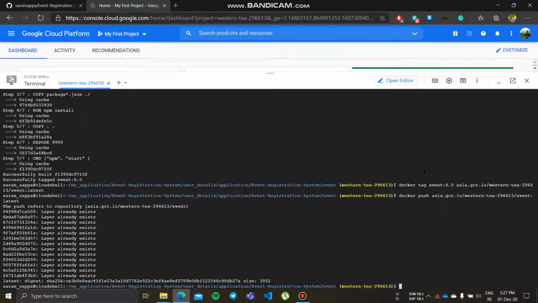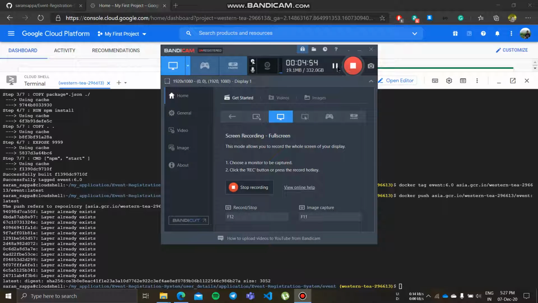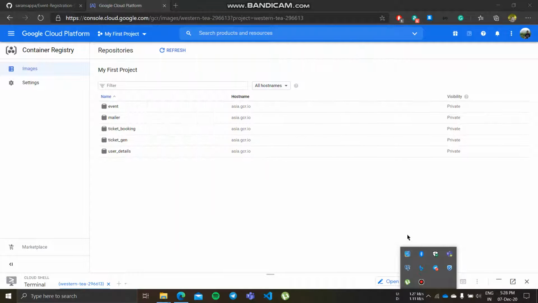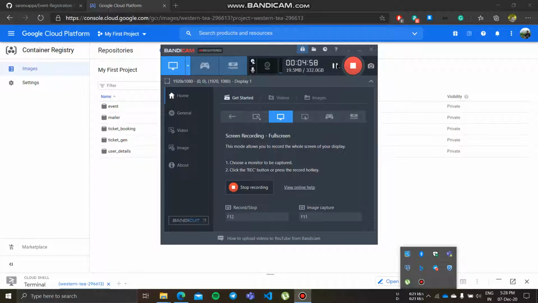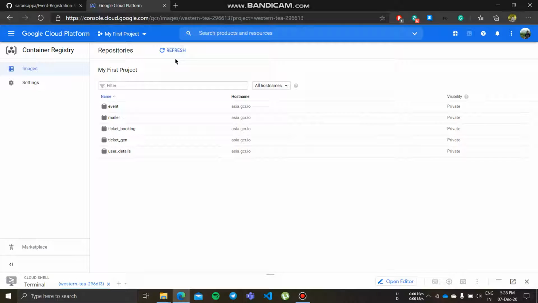Yes, now it is pushed into the Google Cloud repository for container images. It is specific for each person. Now what I'm going to do is the same thing for the other 4 microservices. Yes, after completing the same task for all the other microservices.